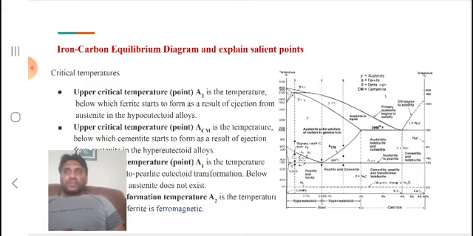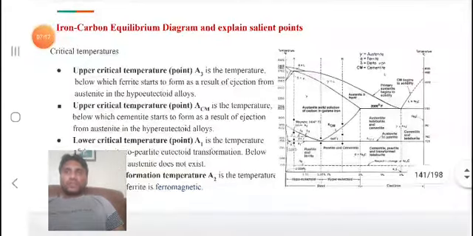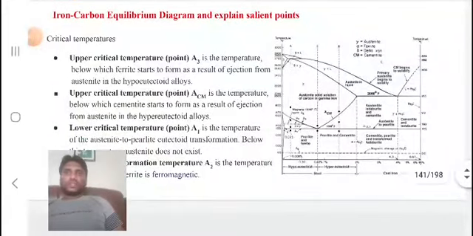Another critical temperature line is ACM, the upper critical temperature line. It is the temperature below which cementite starts to form as a result of ejection from austenite in the hypereutectoid steels. So on the A3 line, by the ejection of carbon from austenite,